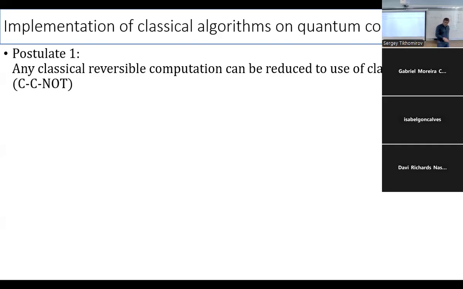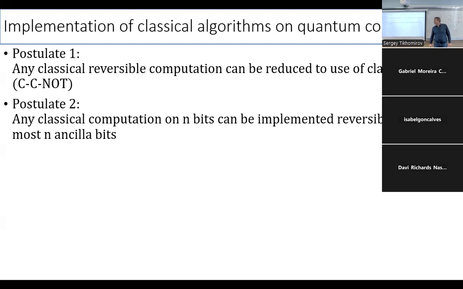People were smart enough and proved that it's a mathematical or computer science theorem. And postulate 2: any classical computation on n bits can be made reversible if you have